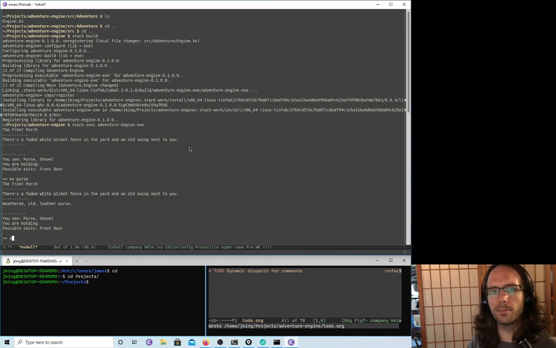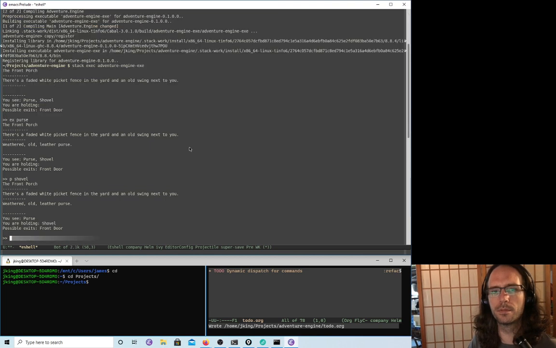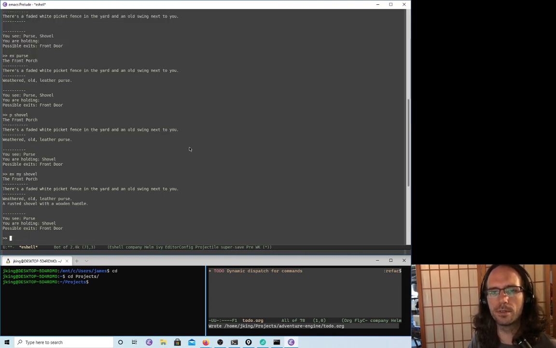Or you can pick it up. We can pick up, say, the shovel, and we can examine my shovel to talk about the shovel in our inventory, the one we're holding. And we can see a rusted shovel with a wooden handle. All right, and then if we walk to the front door,